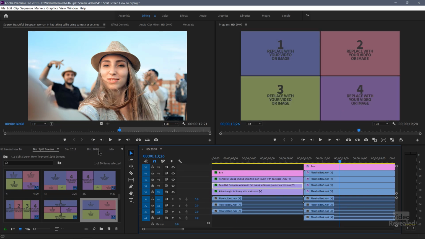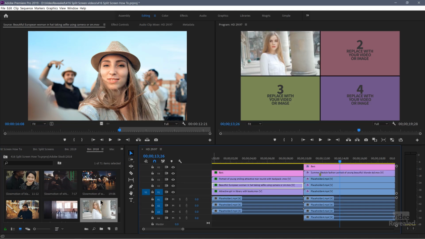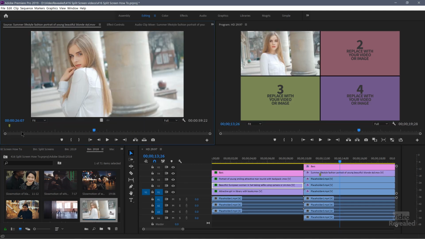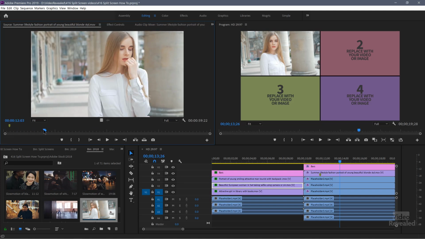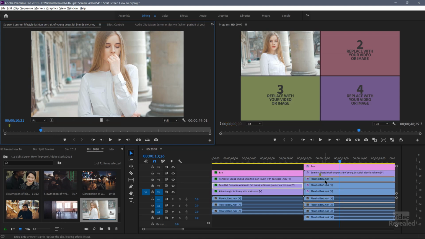Okay, so for this one, I'll drag her into 1. So that's at the beginning of the clip. Next, when she's got her hand on her mouth, I'll hit the I key, in point, Alt drag to number